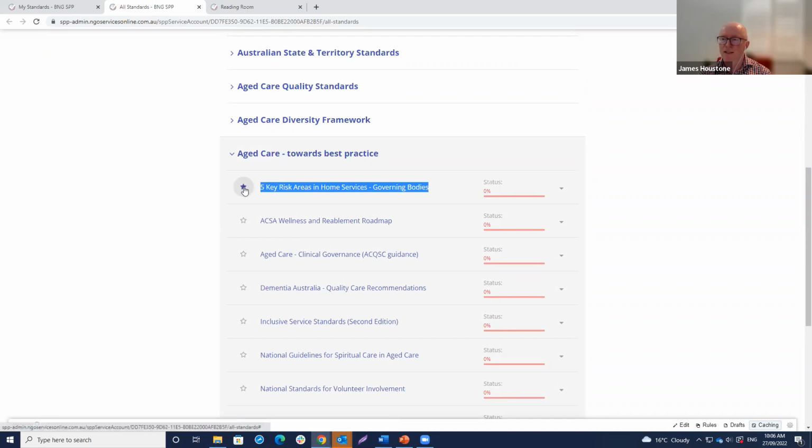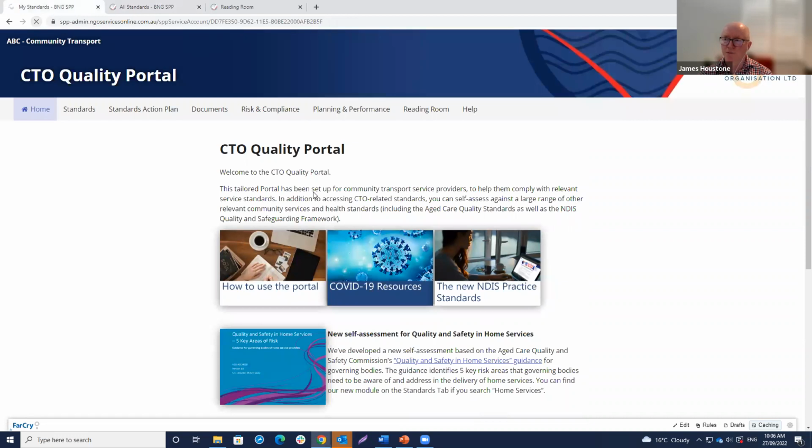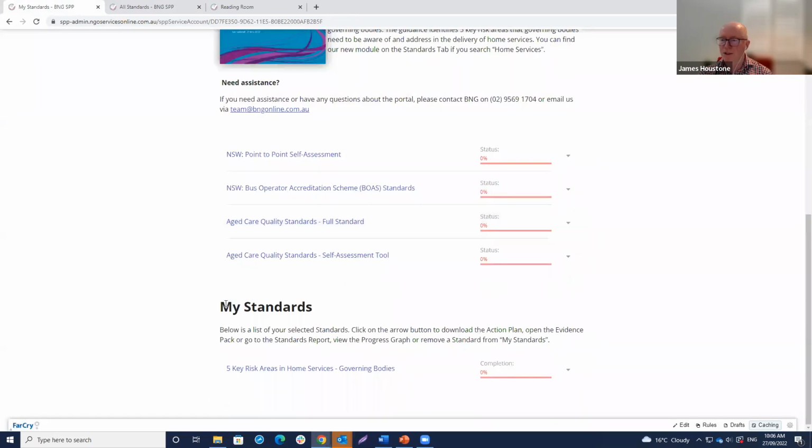By clicking on that star icon, I'm favoriting this particular assessment. So when I come back to my homepage and refresh it, you can see under the My Standards heading, we've got that particular assessment around the 5 key risk areas.